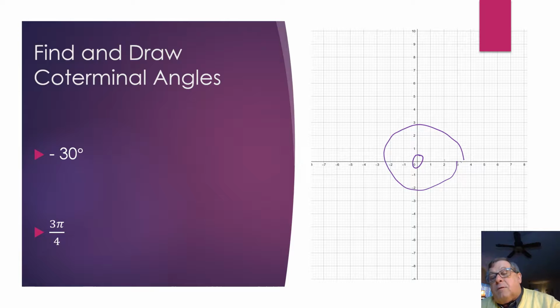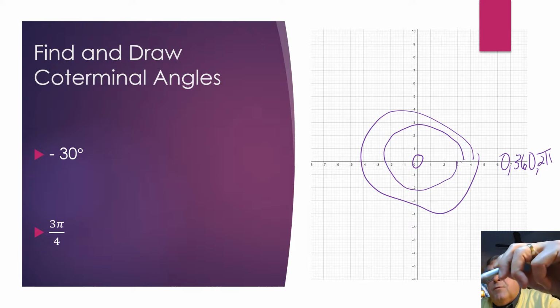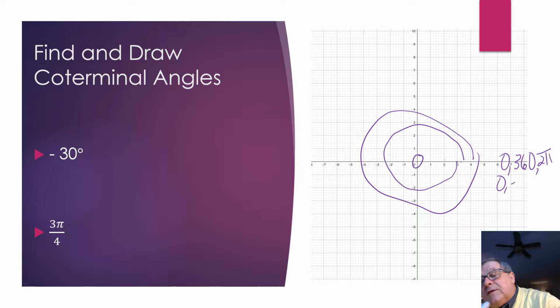Now I need to think about where we are here on this coordinate plane. If I'm lying right here on the x-axis, this would be at 0, or 360 if I've made one trip around, or 2 pi. That would be moving counterclockwise. And if it's a negative angle, at this point it would be 0 or negative 360